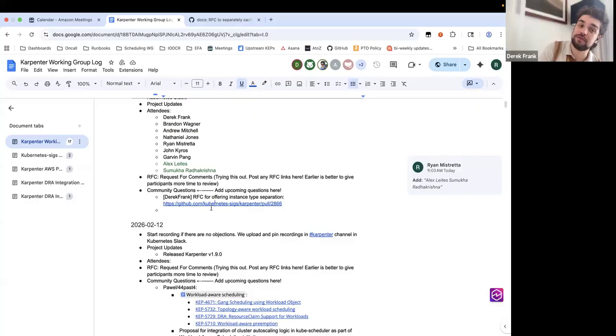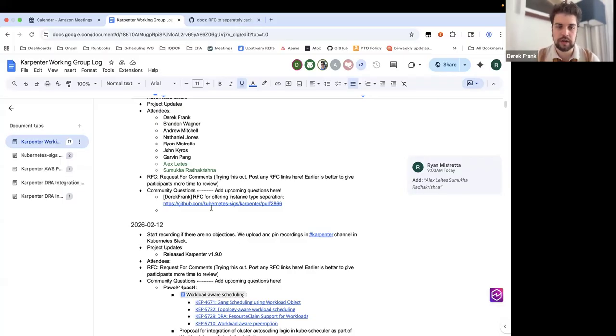So I can answer that. There's two parts of workload aware scheduling that we're tracking. One is supporting workload specific scheduling, i.e. gang scheduling, being able to have Karpenter know to allocate all the nodes at once. And if you can't allocate all of them, you start getting ICEs or whatever, or garbage collect those nodes because you're not actually using them for the atomic workload. I think Jason's looking into that. And then there's the whole